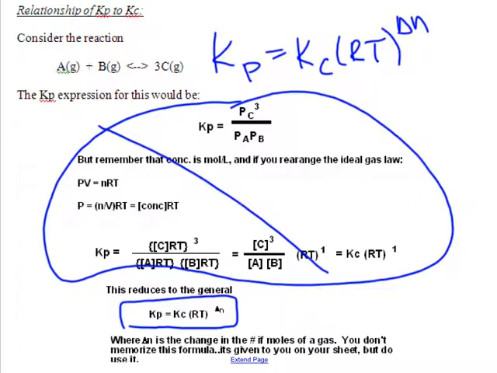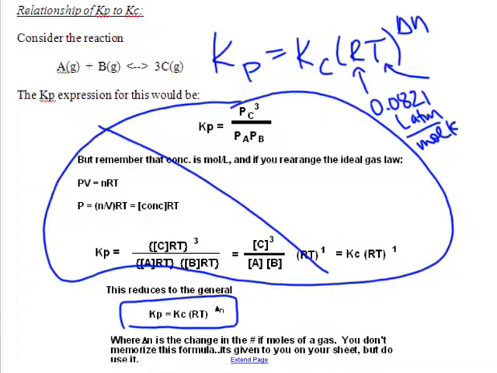Well, Kp and Kc are obvious. That's what we're converting back and forth to and from. The R, because we're going from a pressure to a concentration, we use the gas R. There is nothing in here about energy at all, so I don't use the energy R. What is the gas R? 0.0821, or 0.082 L·atm/mol·K. So that dictates now the units on my temperature